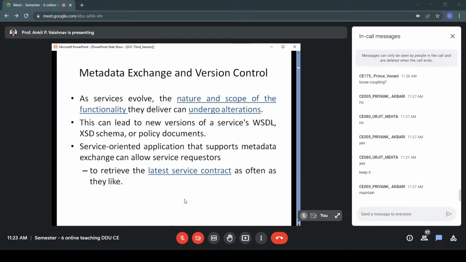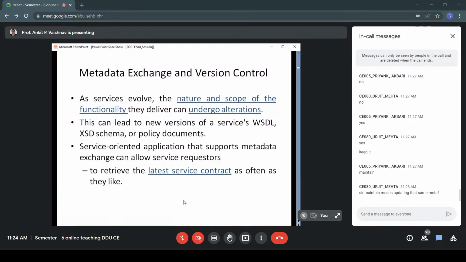Yes, we have to keep it, right? Because it is possible that only a new client requires that new functionality. Your old clients might still be satisfied with your old interface, isn't it? This is a real world situation, right? Your old clients do not like changes, but whenever you get a new client, they will be interested in getting the changes done, right? So that is known as version control.